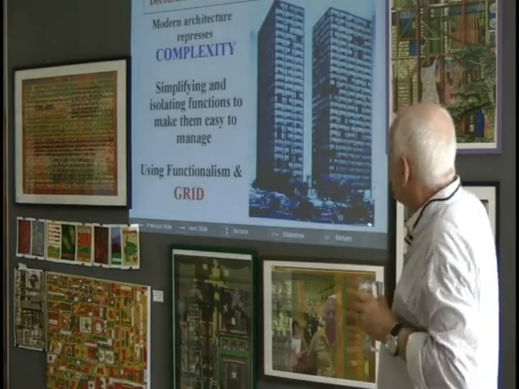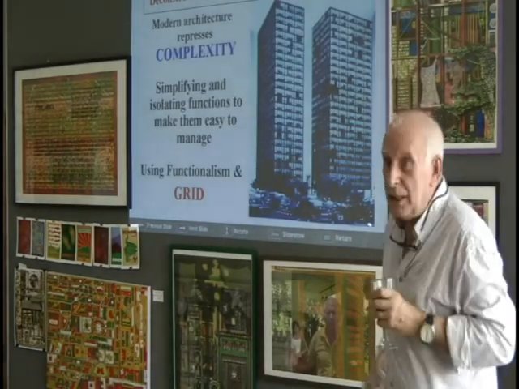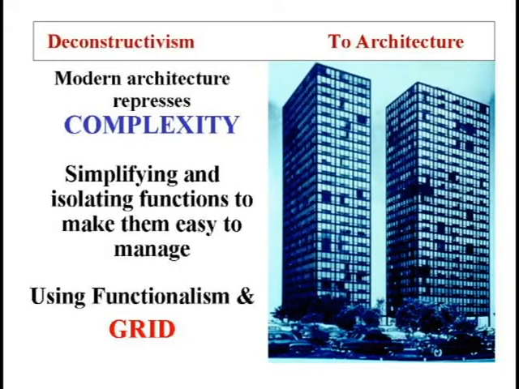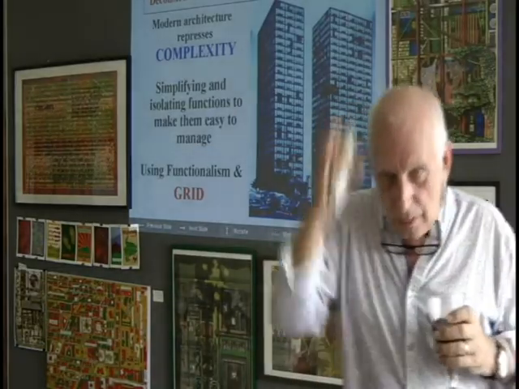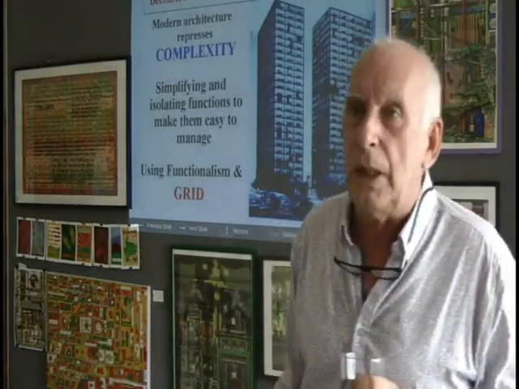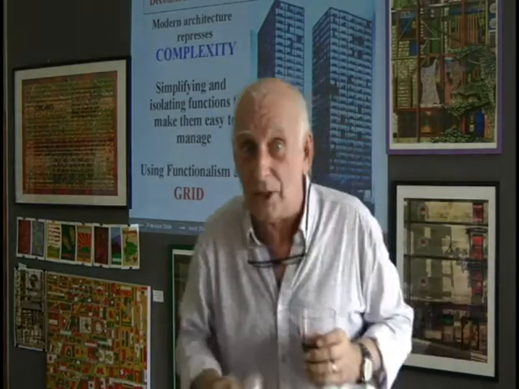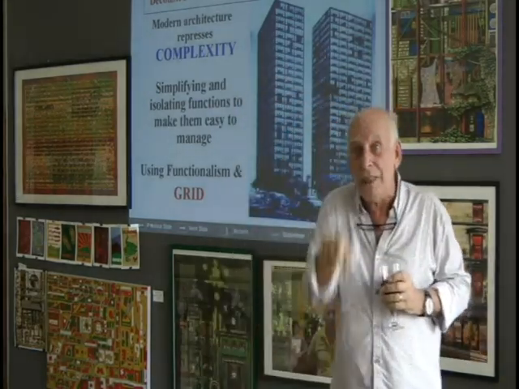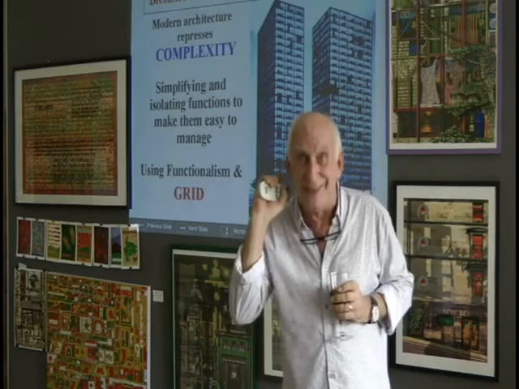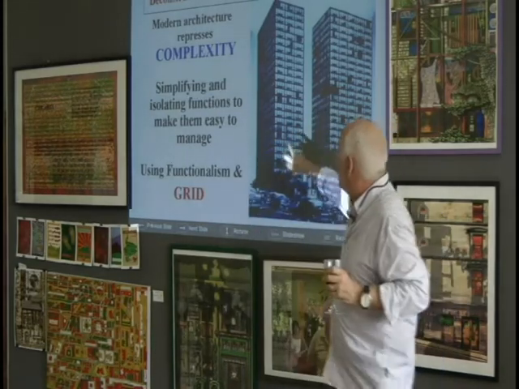Okay? Well, it's modern architecture again. This is Lakeshore Drive by Mies van der Rohe in Chicago, right? 1950s, somewhere like that. Okay? Functionalism and the grid. That was the dominant aspect of the building. Now, there's a very interesting thing here, by the way, talking about repression. I'll tell you what happened. Repression actually meant that Mies van der Rohe had it written into the contracts of the people who inhabited this building that they had to keep white